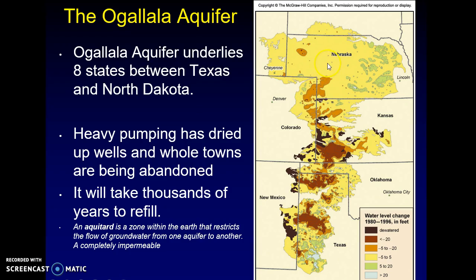Now, states like North Dakota and Texas have pumped out a lot of the groundwater to support their fracking industry. The gases that come out of fracking not only potentially contaminate the drinking water supply, they also pull water out of the aquifers because fracking is a very water-intensive industry. So these are a couple of things I need you to keep in mind when